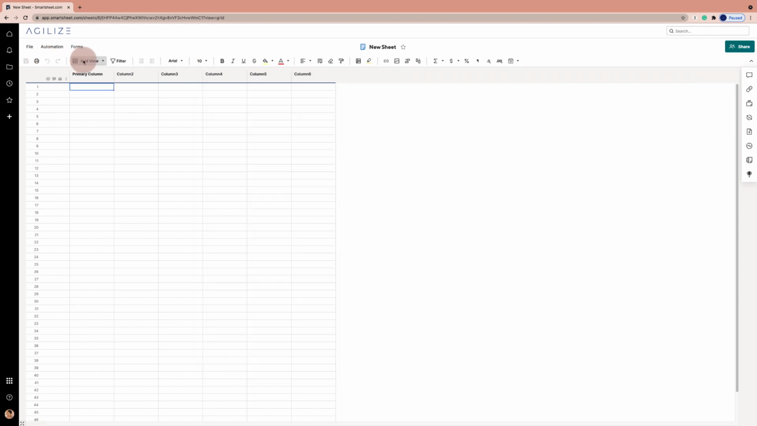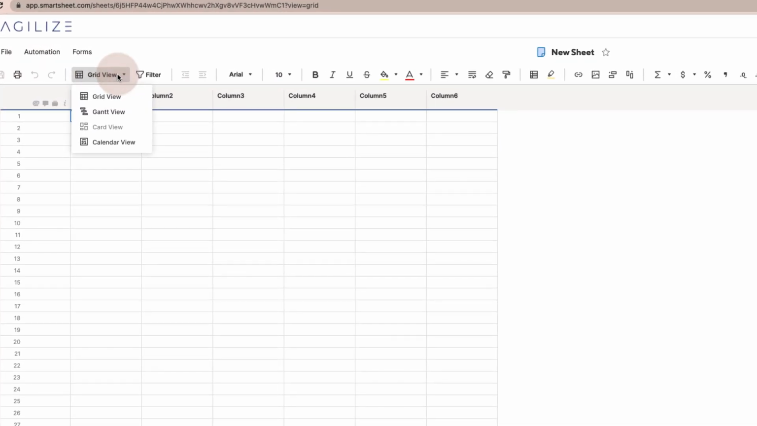In the second pane, you can toggle between different views that best suit the way that you work. The options available are grid, Gantt, card, which is also a Kanban, and calendar view. You can also create sheet filters, which we'll do later on in the course. Now, these filters can be shared with other users, or they can be personal filters that no other collaborators can